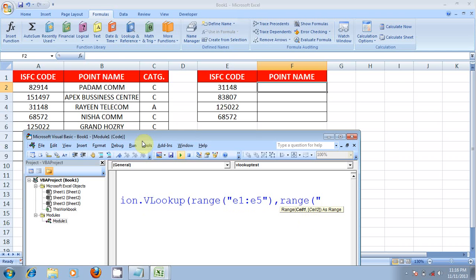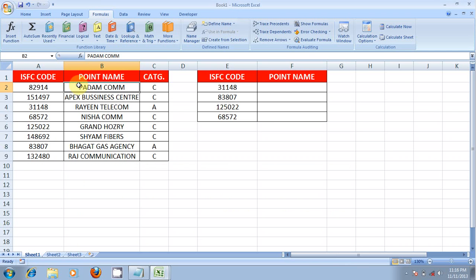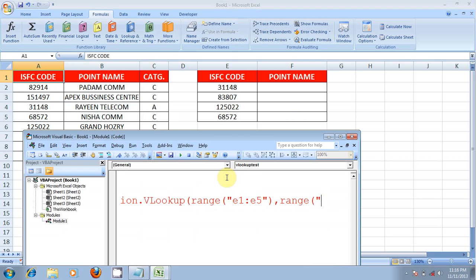This is our table from A1 to C9, so A1 to C9 is our table array range. Put here A1 colon C9. Close parenthesis, and the column index number is 2 in our case, and 0 for exact match.